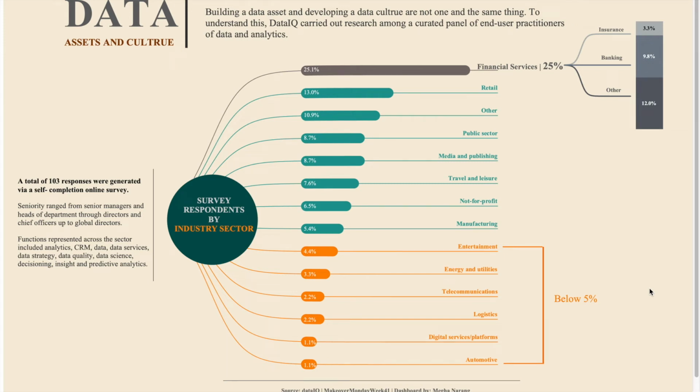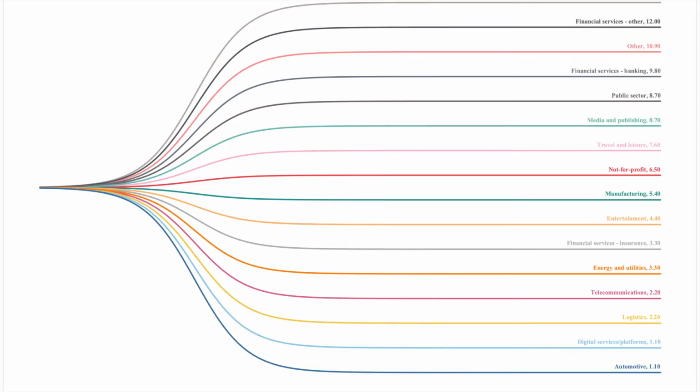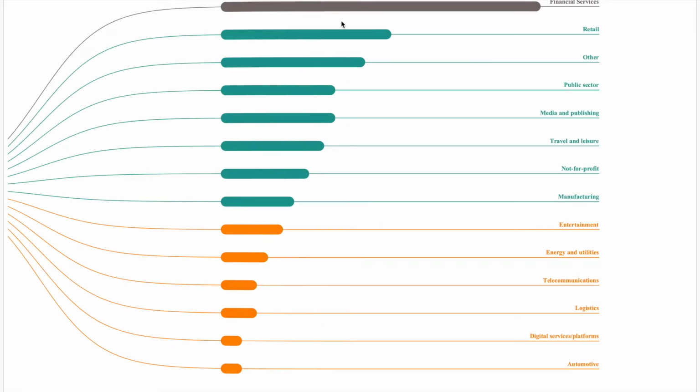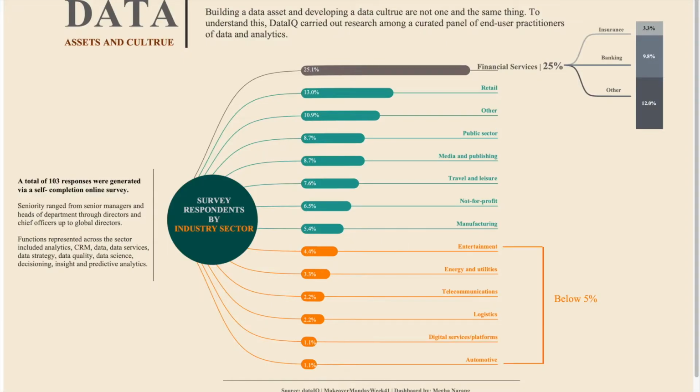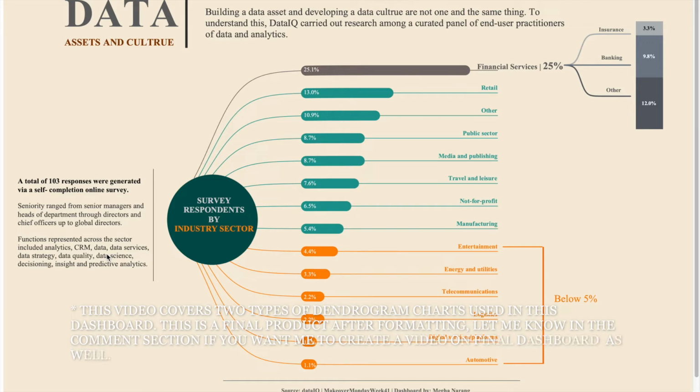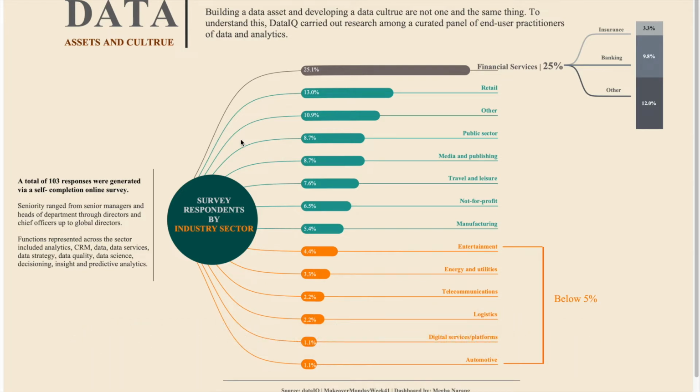In today's video, we will see how we can create dendrograms in Tableau. We will see the making of two types of dendrogram charts. One will be a simple dendrogram and the other one would be with bars wherein the data is sorted into ascending order. Our output could look something like this. Here is the representation. I'll be using the same data set used in this dashboard for our video today. Now let's start with our first chart.